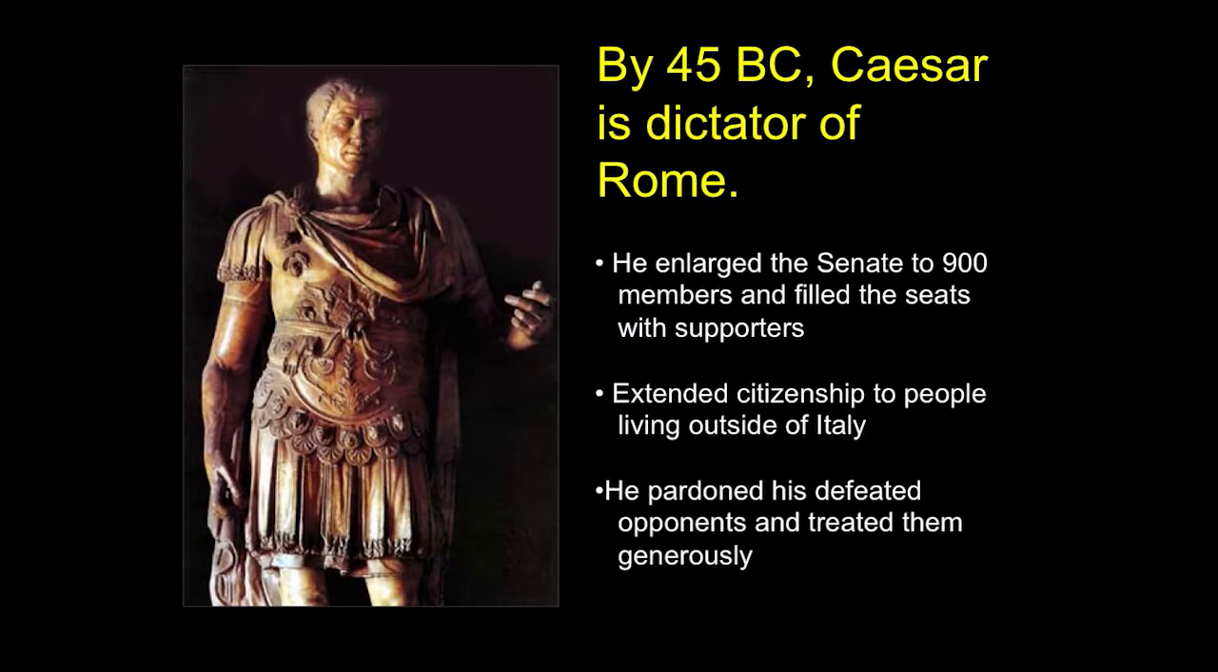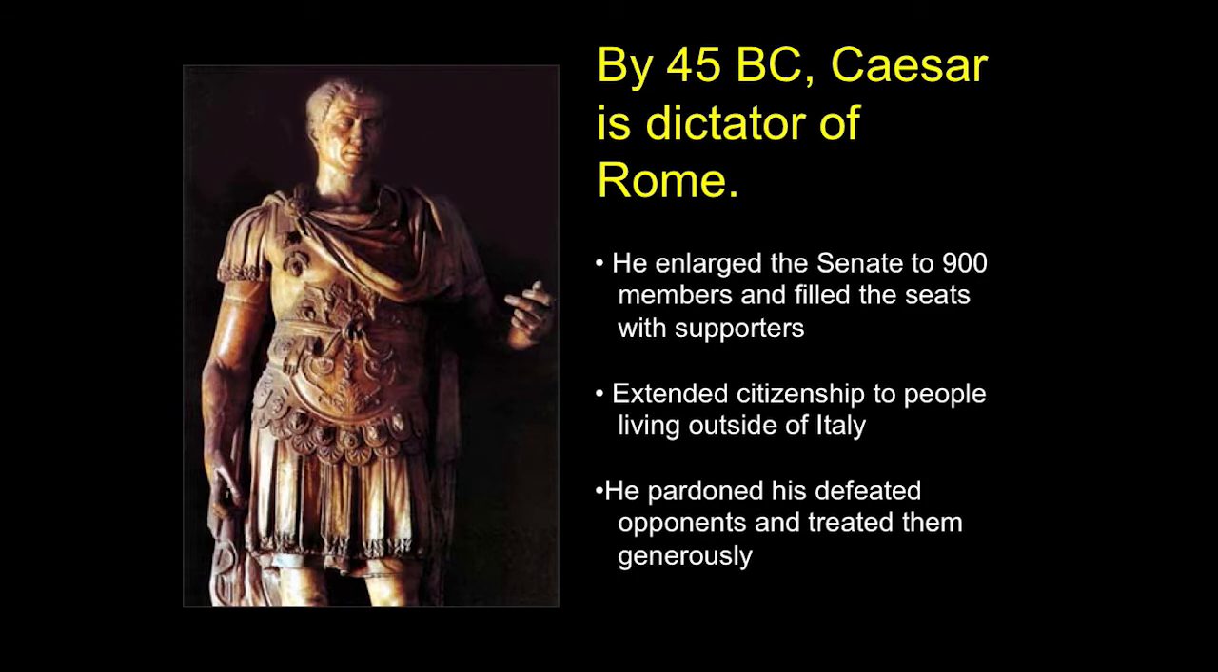He was so popular that by 45 BC, he was named dictator of Rome. Yeah, that's how much the people liked him. They named him dictator. And so when he became dictator, he made the Senate larger. He said, I'm giving more democracy. However, he filled the seats of the Senate with his supporters so he could get things done. He did extend citizenship to people outside of Rome itself, the city of Rome. And he actually pardoned his defeated opponents, and he treated them nicely. But, and here's the big but,